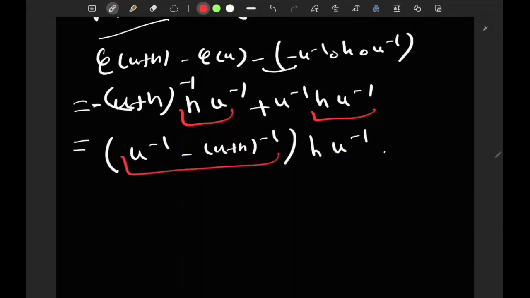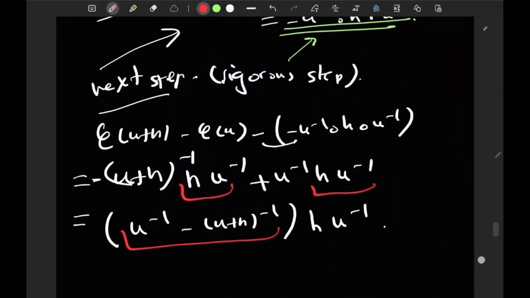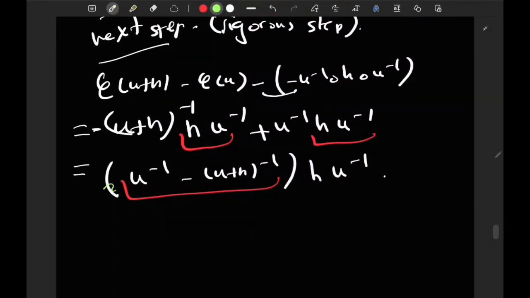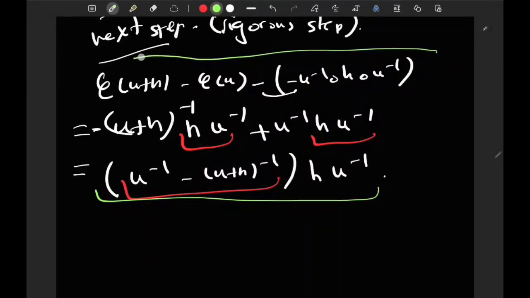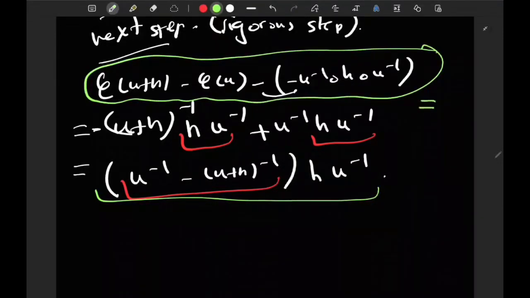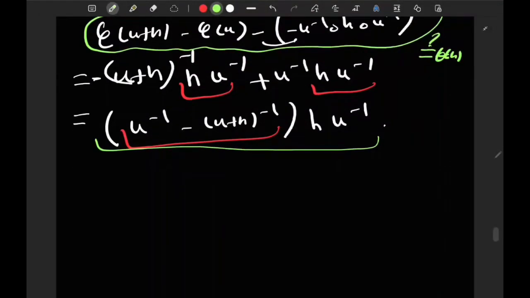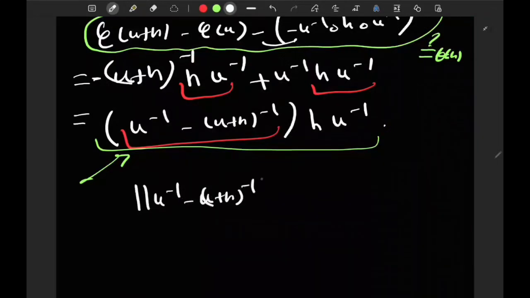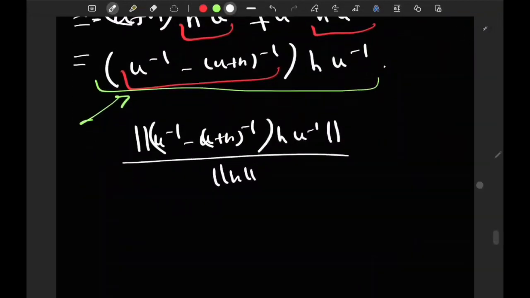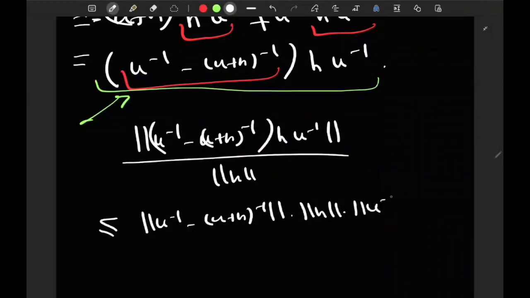This thing here will go to 0 because phi is continuous. Now if I look at the norm, remember that what we got here is this thing, which I desire to show is equal to some little o of H. So let's look at this in norm: U inverse minus U plus H inverse, composed with H, composed with U inverse, divided by the norm of H. This is less than or equal to, of course, the norm of U inverse minus U plus H inverse times the norm of H times the norm of U inverse,